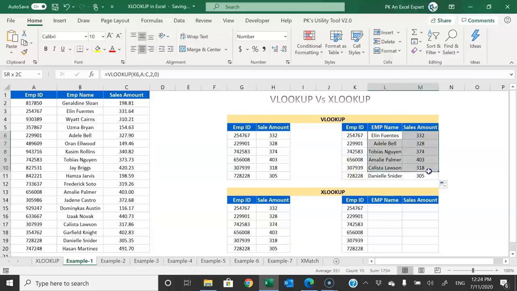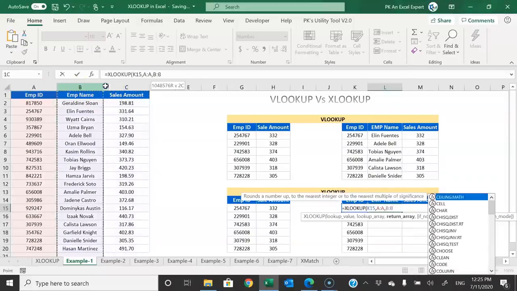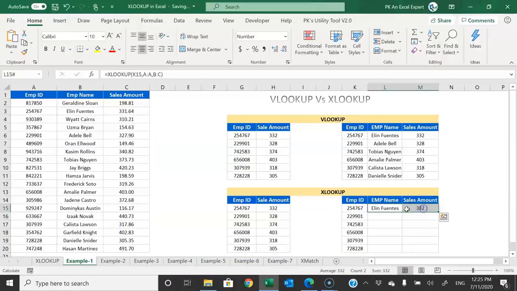But to use the XLOOKUP, we can do this in one formula only. I'll tell you how you can use that. Use XLOOKUP and just provide this lookup value. Lookup array will be the employee ID and then for the return array, we need these two columns. So we will select both the columns together and just close the bracket. As soon as I press enter, I will get the result in both the columns. I just need to fill this formula down, and you can see automatically we are getting the sales amount here. Alright, in a single formula we can get the result in both the columns, employee name and sales amount.